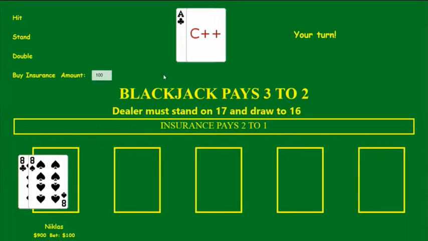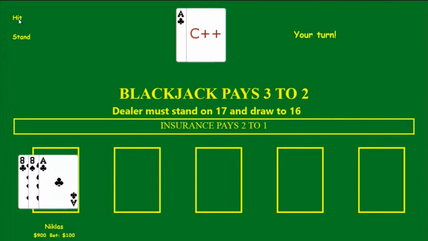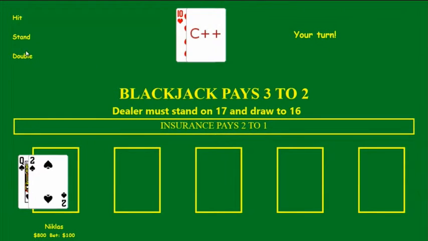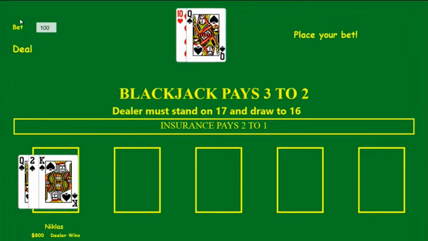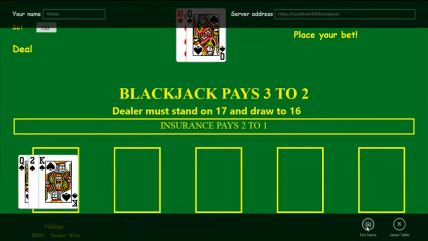I'm going to ask the dealer to deal some cards. The dealer has an ace, so I have the option of buying insurance. I'm not going to do that. I have 16, so I'll take a chance and hit. Okay, I'll stand on that one. The dealer wins. I'm going to deal again, and I'm going to ask him to hit, and then the dealer wins. I think this is not going well for me, so I'm going to exit the game.